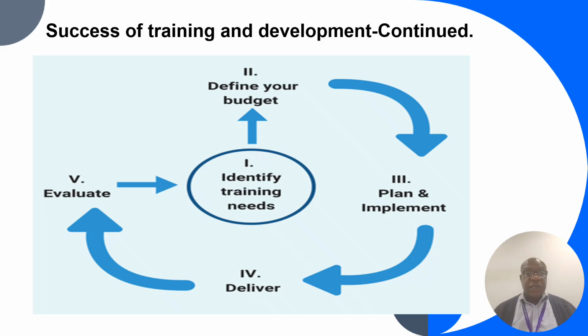Once you identify the need for training within the organization, you need to find where the money is going to come from. You define the budget, and then you plan the implementation. You plan the training, and then you implement the training. After implementing it, you deliver it to requirement, making sure it's being received, and then finally you evaluate to see how well